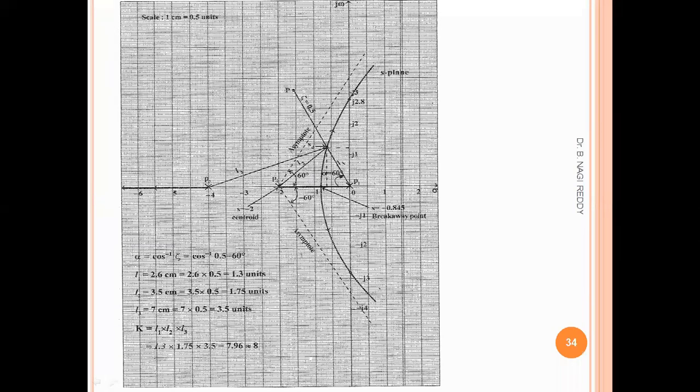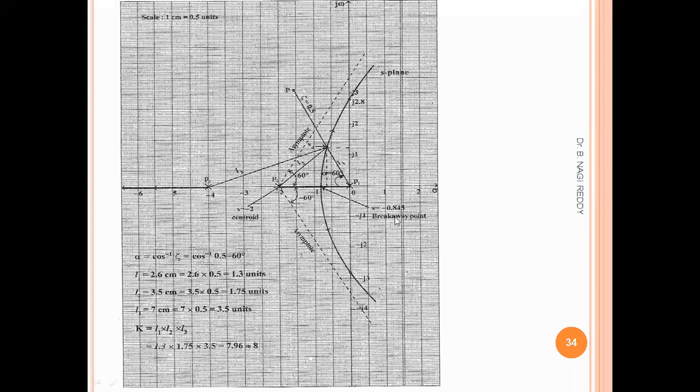Up to step 4, marking the breakaway point, is done. Here we have marked the breakaway point. Generally, the root locus can be drawn if we have angle of asymptotes or angle of arrival and angle of departure. But here we don't have angle of arrival and angle of departure in step 5. But with the angle of asymptotes, how can we draw? We have a breakaway point here.